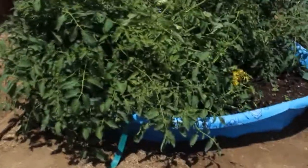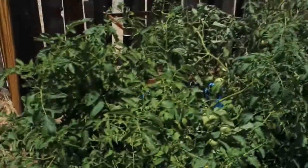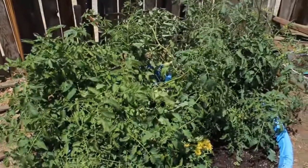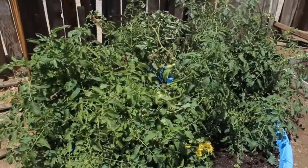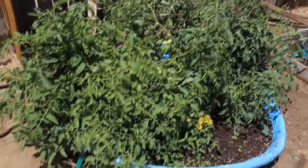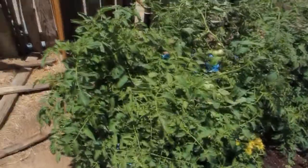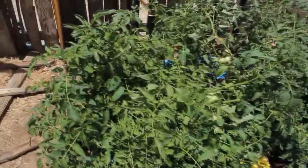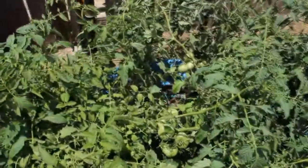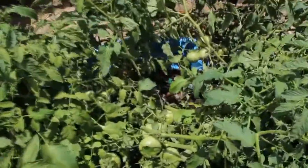And then these are my tomatoes. I hope you'll notice there's something different. Last night when I came home, I saw this, and I thought that a cat had gotten into the bed and just trampled all the tomatoes, and I was expecting to see them all smashed and eaten and gone, but on closer inspection I found that was not the case at all. If you can look and see down in there,